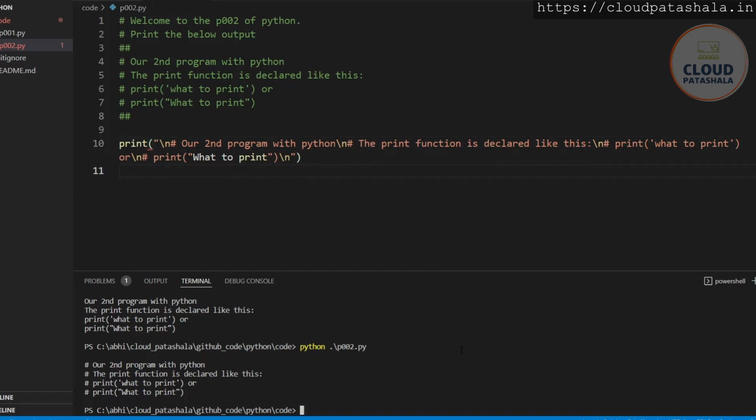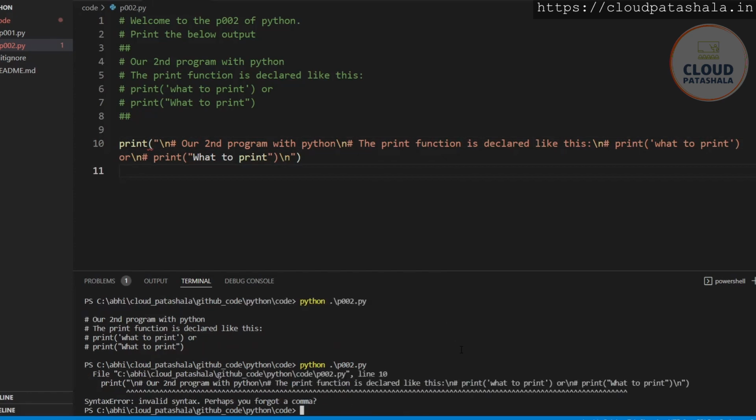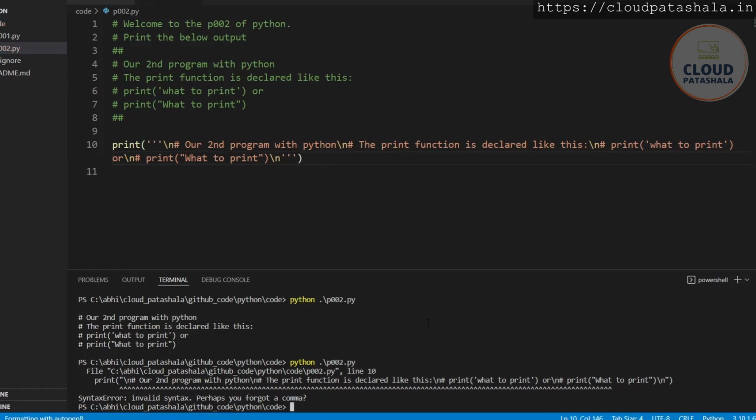And if I do this and if I run the same thing, this would give me an error saying that there is a syntax issue, there are missing commas, or you have forgotten something. So the ideal way to do it is, if we have to print something with double inverted commas there, it's always better to have this string attached. I would again run the